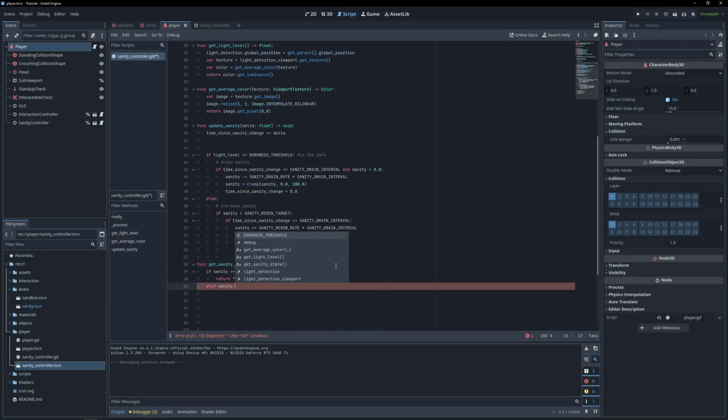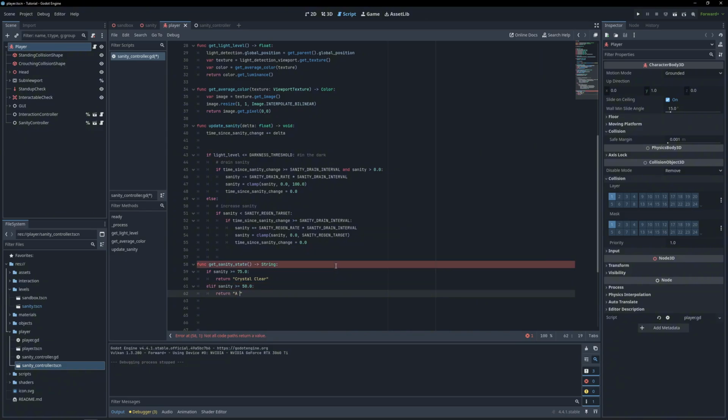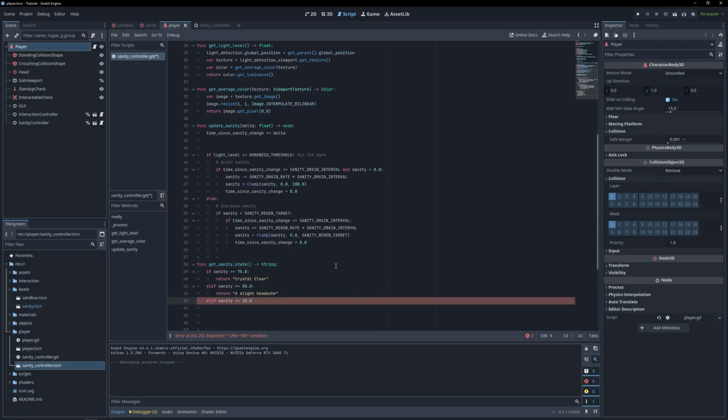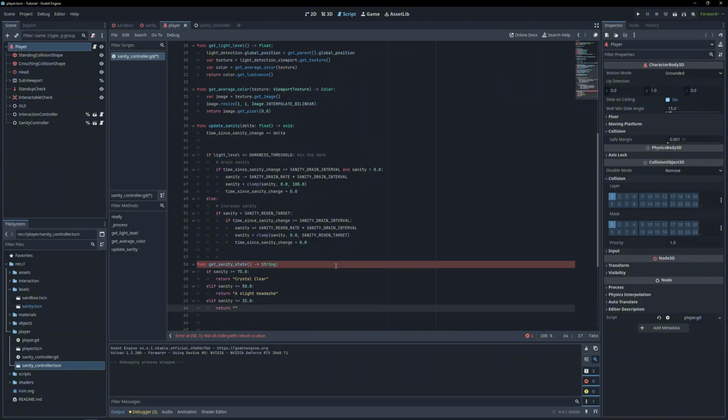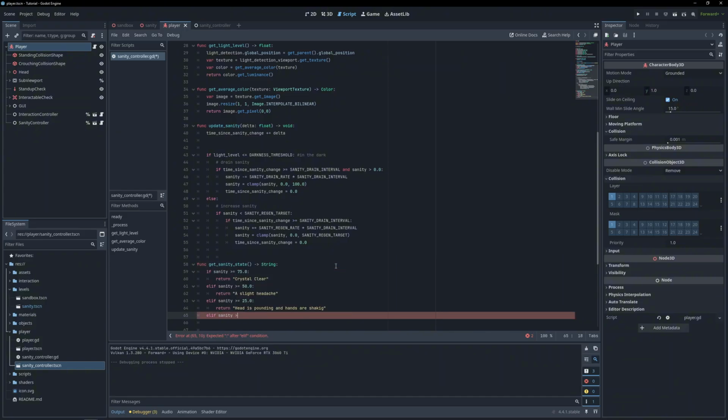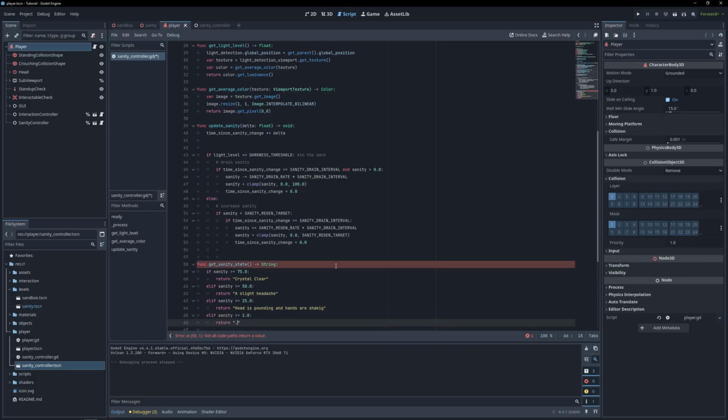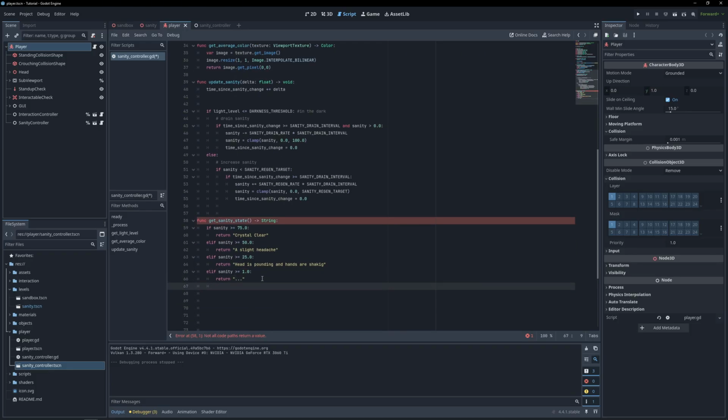If your sanity is greater than or equal to 50, your sanity is referred to as a slight headache. If your sanity is greater than or equal to 25, it is referred to as head is pounding and hands are shaking. If your sanity is greater than or equal to 1, it just kind of funnily returns ... And then, of course, finally, it will return